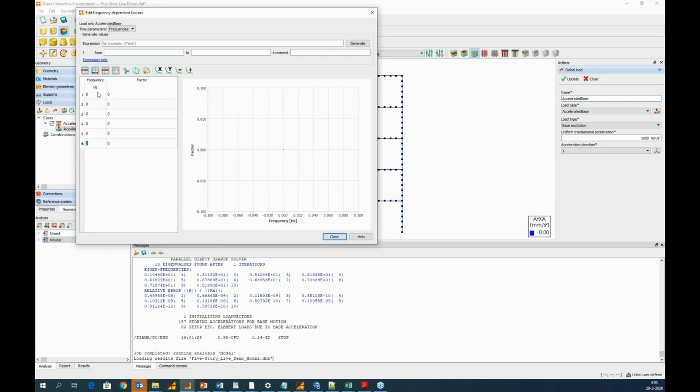curve, so 0, 0. I need a little bit of typing, it will go fast.